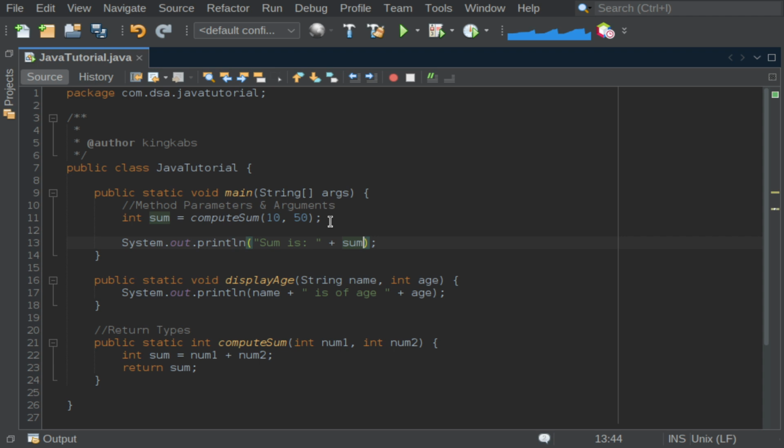Key takeaways from this lesson. Number one, method parameters and arguments. What are parameters? Parameters are variables you pass into the method definition. For instance, in our method displayAge, our method parameters are String name and int age. What are arguments? Arguments are the values you pass whenever you are calling a method. For instance, in our method computeSum, our arguments